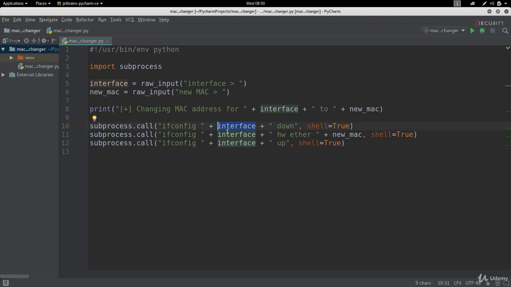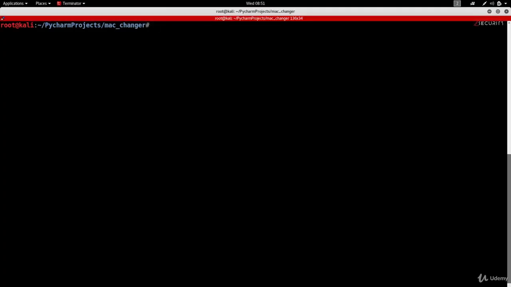Now again, like I said, in the scenario of this program that we're writing right now, this might not be very big of an issue, but you can argue the fact that this program is not very secure or is not very well implemented because it allows the user to use it to do other things than its purpose. So let me show you what I'm talking about. We all know if we do ls, it'll list all the files in the current directory, and as you can see I have my MacChanger and VM directory. Now let's run our Python script,